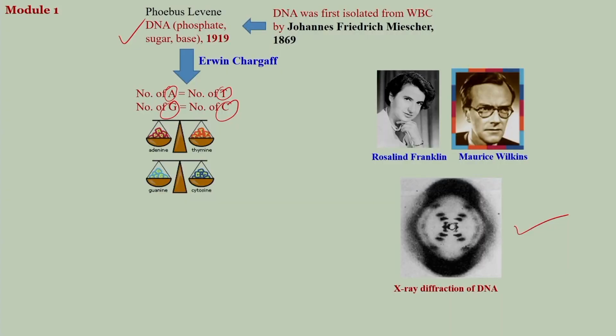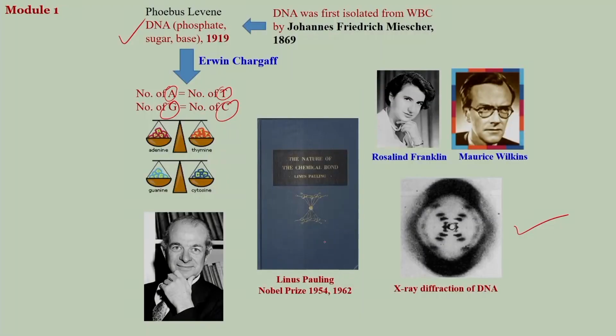And then came the proper experiment, the most beautiful experiment done on DNA, the X-ray crystallographic diffraction, the X-ray structure of DNA. That was done by Rosalind Franklin and Maurice Wilkins. So they first published the X-ray diffraction pattern of the DNA, and the diffraction pattern gave the idea that DNA has to be a symmetrical geometry. The molecule should have a symmetry in it. It is a symmetrical geometry. So that is another piece of important information, but the center of this information was this book and this man,